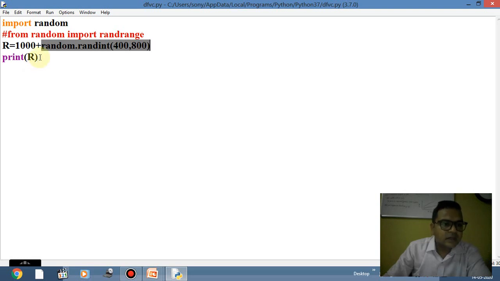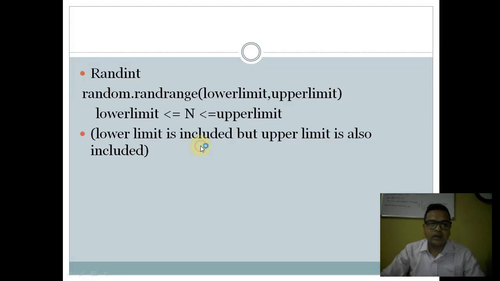That means this random function, this captcha generation, data generation online, is done in something like this way. Clear? That can be generated by the randint function. It can be used even by randrange also. Clear? So students, that is all about this one. I think this will also be clear to you.